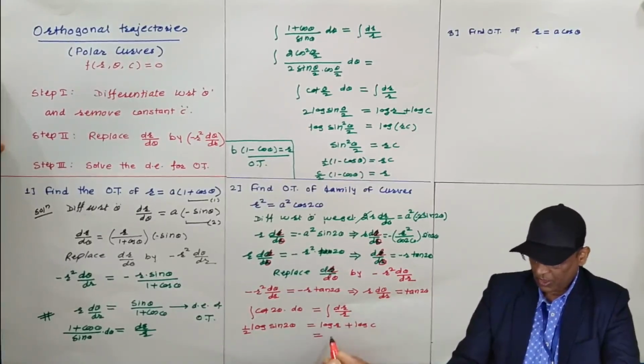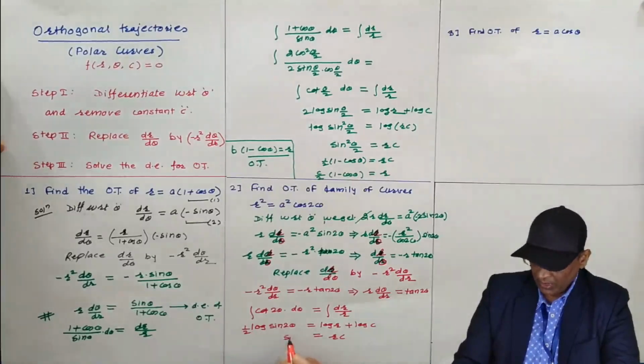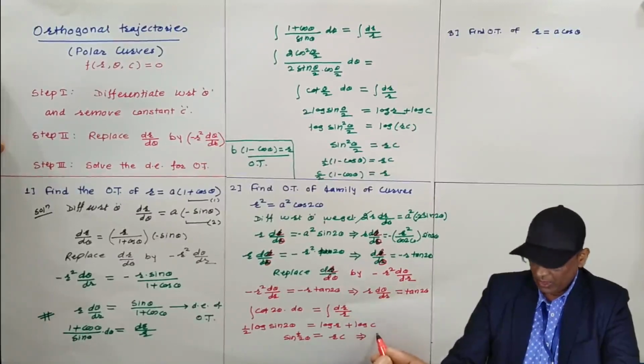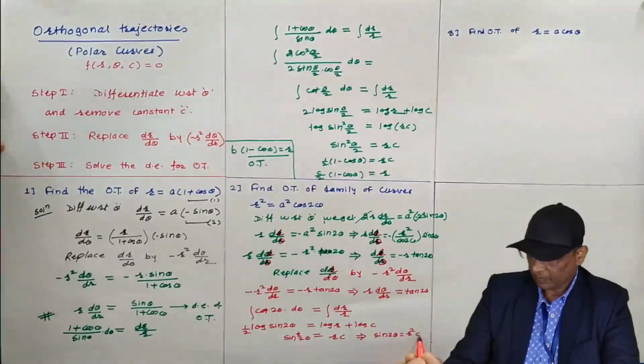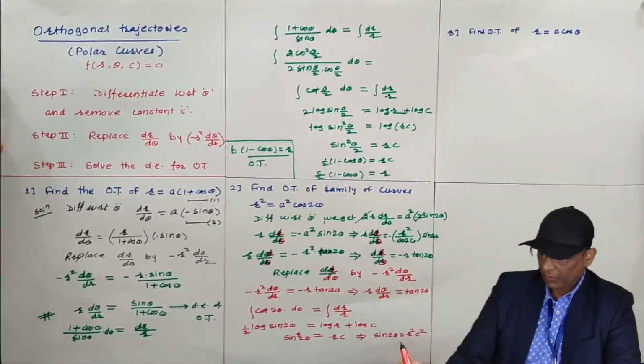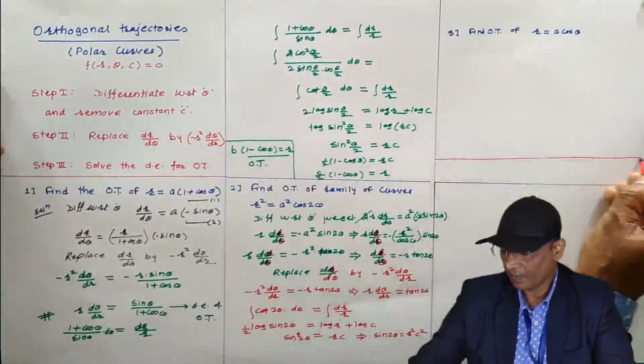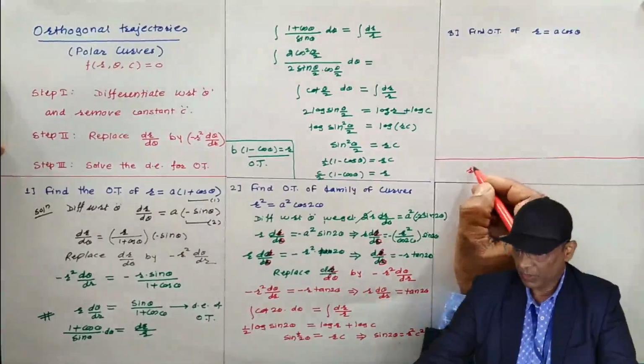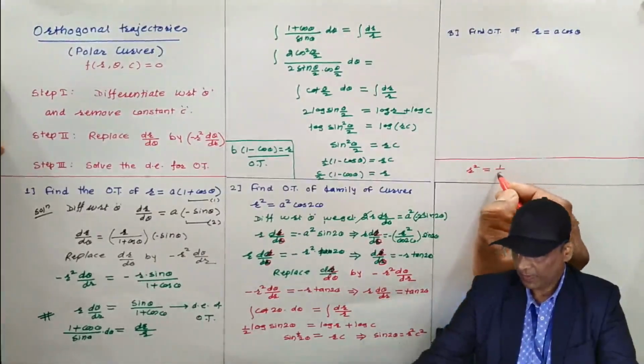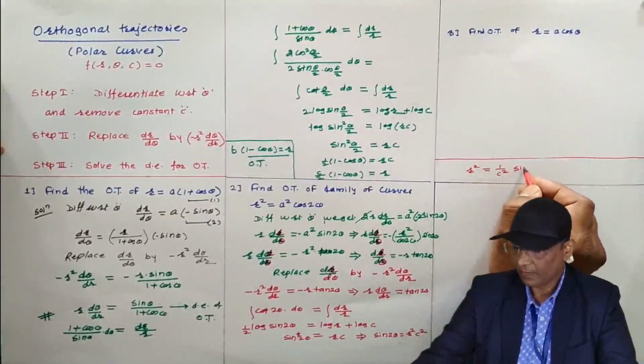The log of this plus this is log of a into b, and this 1 by 2 will come here at the index place of sin. Therefore, sin raised to power 1 by 2, 2θ, I am getting. And this implies, if you take square of both the sides, then sin 2θ is equal to r square c square. And if you take r square c square on the left hand side, here I am writing r square is equal to 1 by c square sin 2θ.